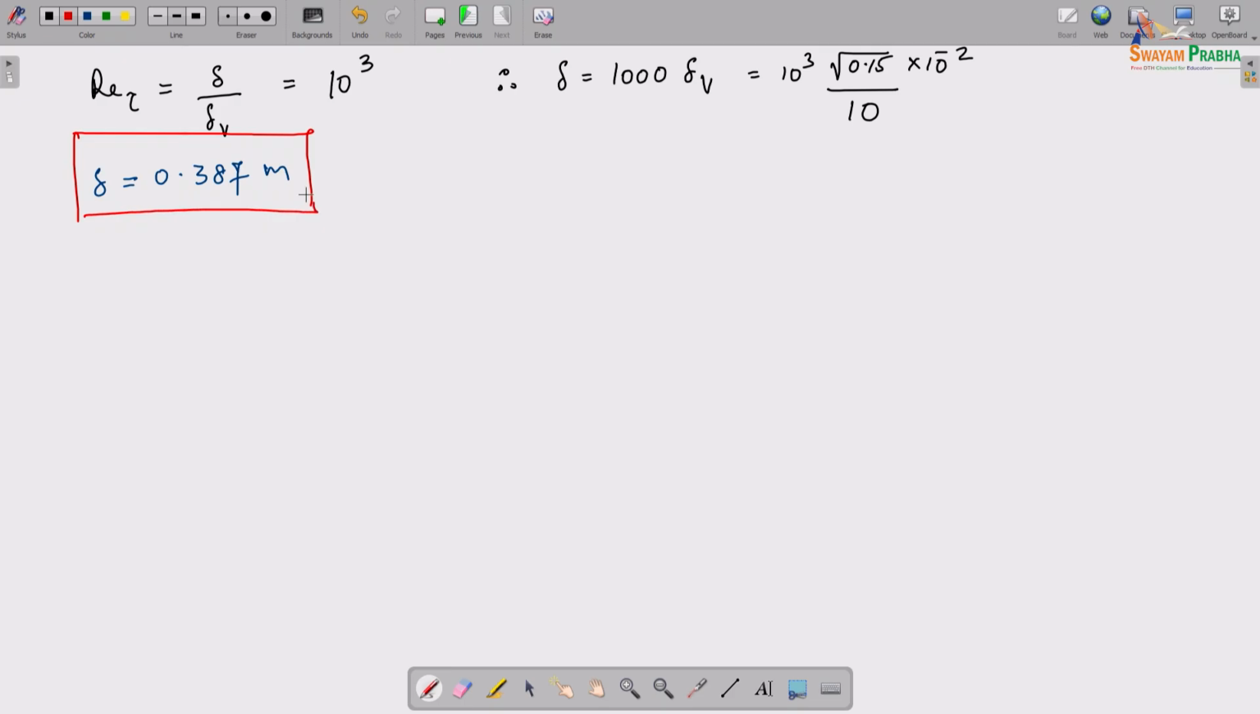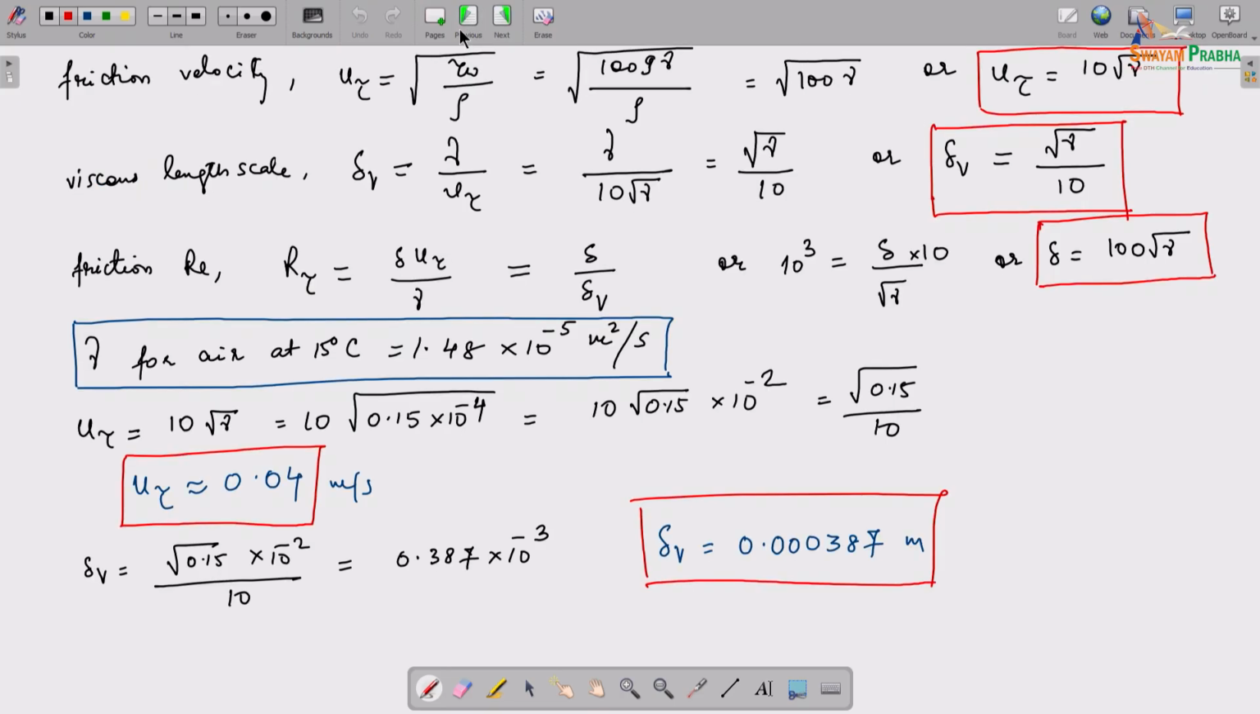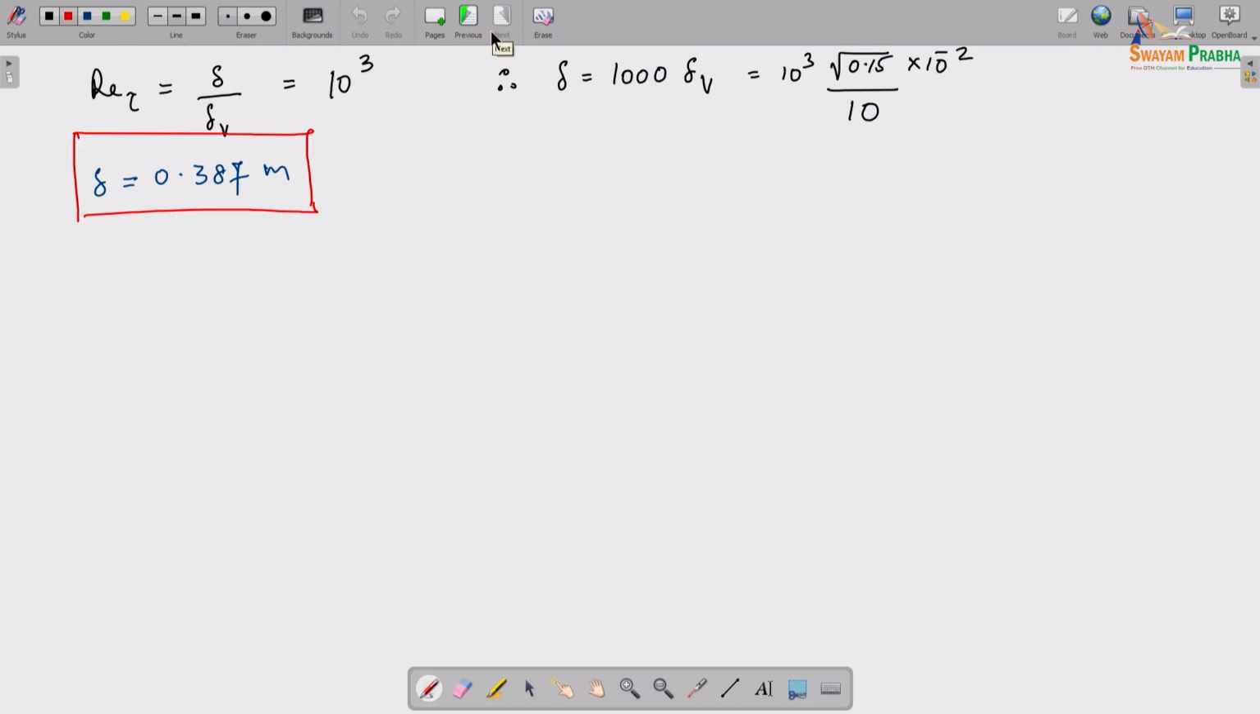Okay, so essentially I have the delta value, I have the Re tau value, I have a u tau, I have a delta V here. So what are we saying? So what we are saying is this, so that if we have